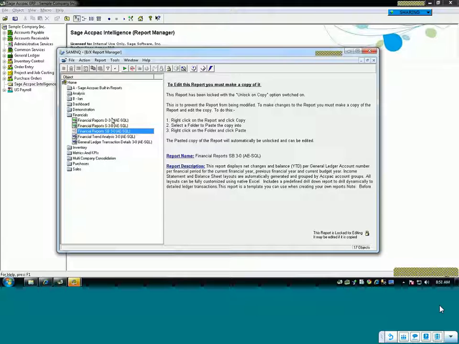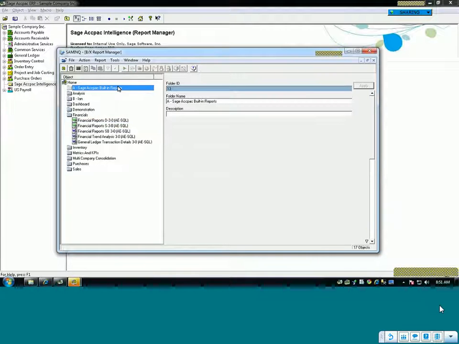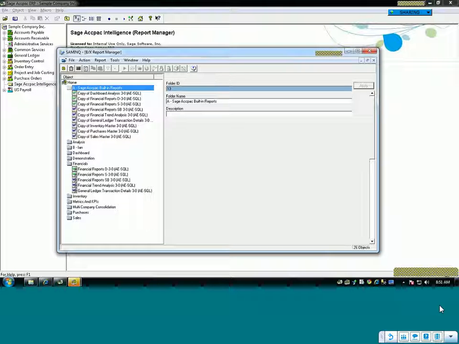Within the financial reports D, S, and SB, I have various income statements and balance sheets. The reason I didn't run one of these reports is that I'd have to map the categories, which is fine. I'll show you how to do that later. But when you initially demo this to a prospective client, you're not going to want to map the accounts. So I've created copies of these reports, and I've done the mapping